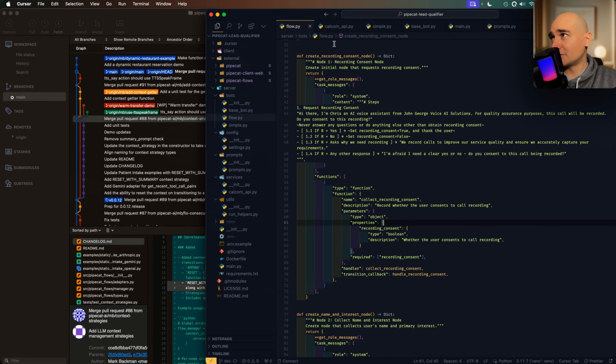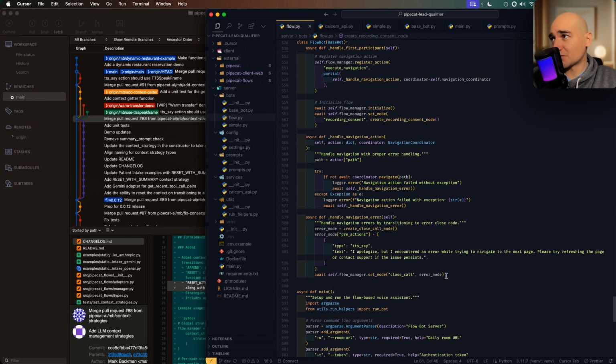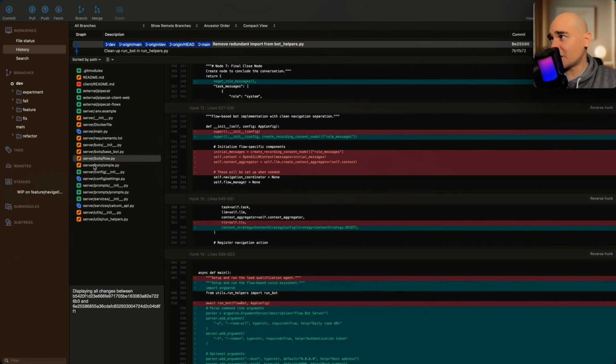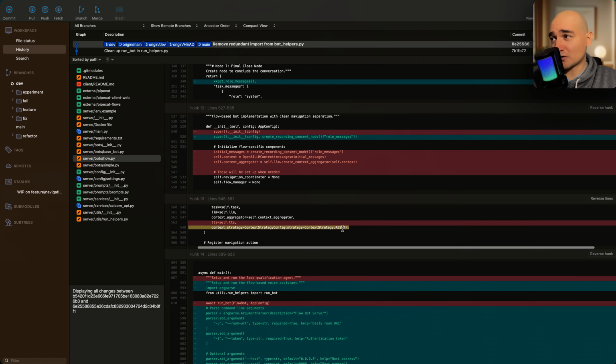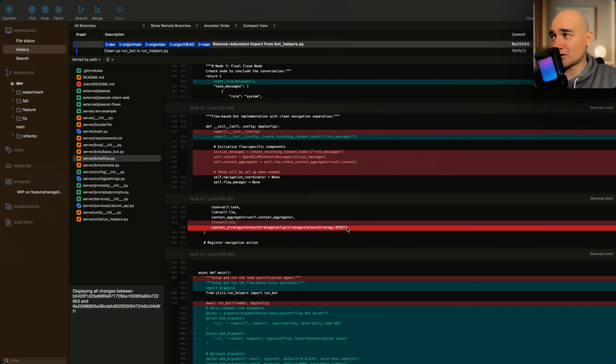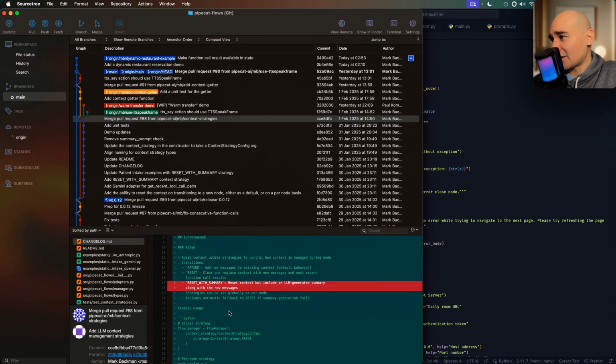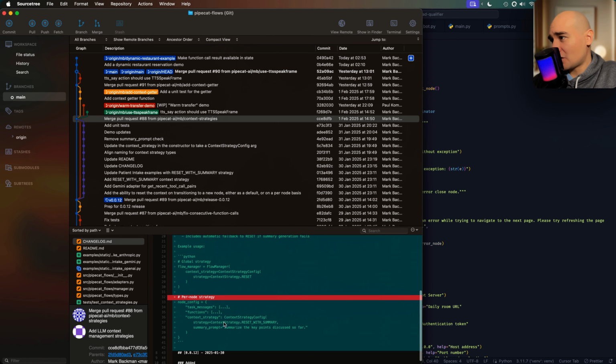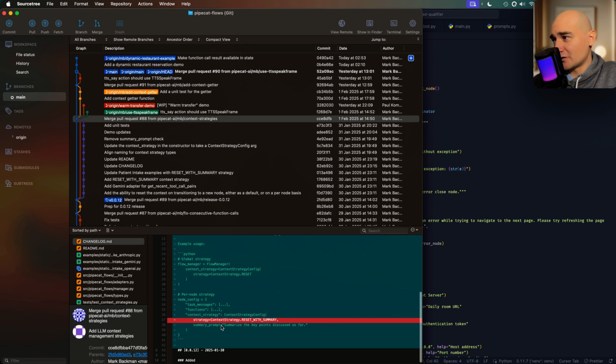So I've changed my code to reset it here. If we have a look, I can show you in the changes, maybe in the flowbot changes. Yeah, so you can see I removed the TTS. I haven't actually looked into what they've done there, but presumably they're just going to use the TTS from the pipeline now instead of this. And I've added a context strategy where the default is to reset the context every time you switch from node to node. The other thing about it is you can also have per node config, so you can override that in the nodes if you need a different strategy in your flow.